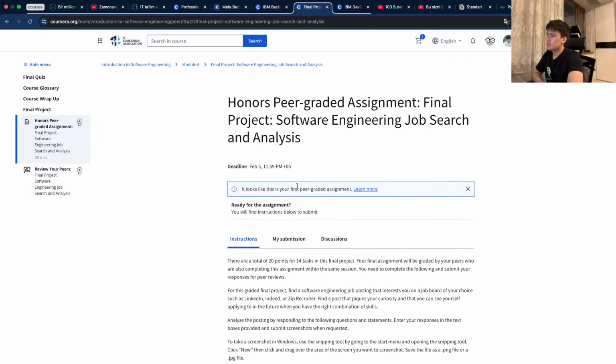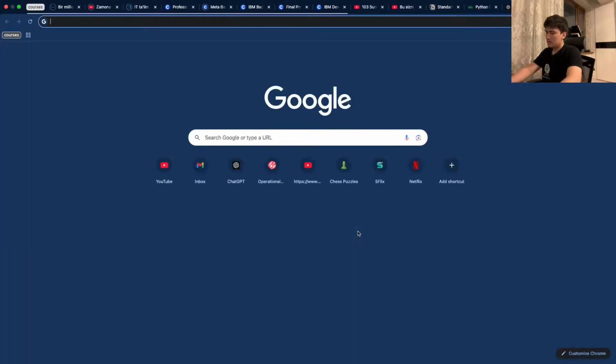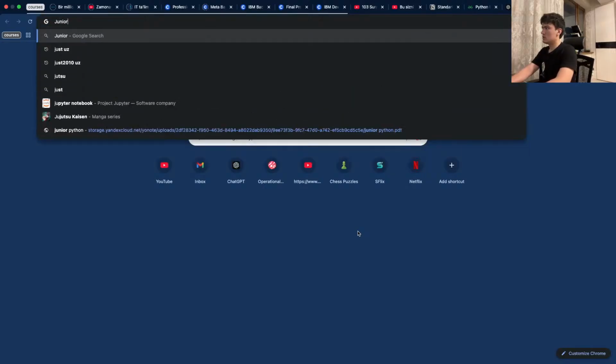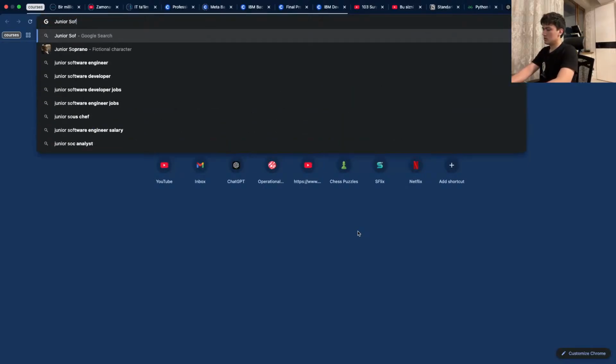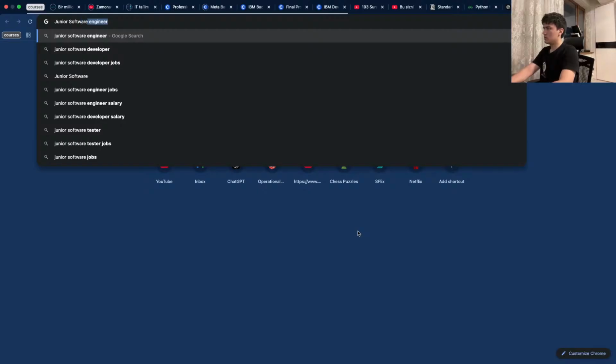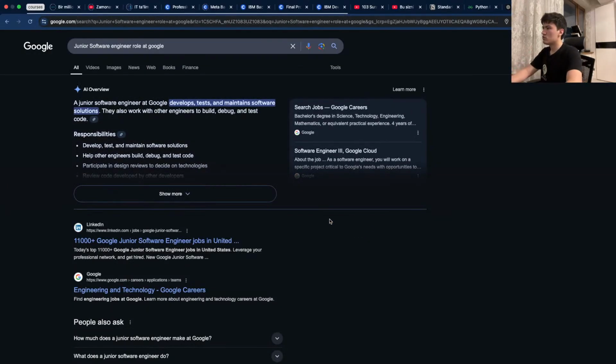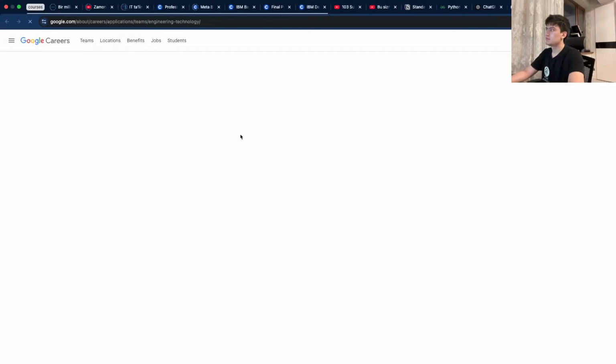Demak, shu interga kiramiz. Junior software engineer role at Google deymiz. Chunki menga Google yoqadi, shuning uchun Google'nikini ko'ramiz.